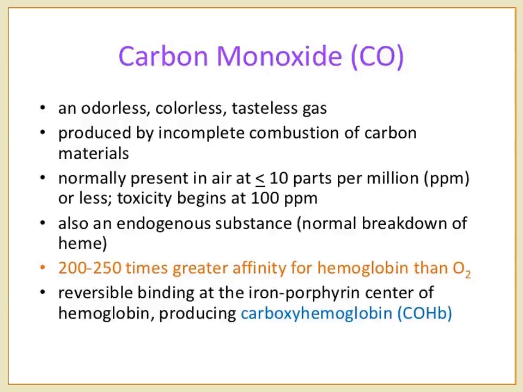It is normally present in air at less than or equal to 10 parts per million. Toxicity, that is, how dangerous it is, begins at 100 ppm. What is ppm? Parts per million. It is also an endogenous substance. It has 200 to 250 times greater affinity for hemoglobin than oxygen, with reversible binding at the iron porphyrin center of hemoglobin,